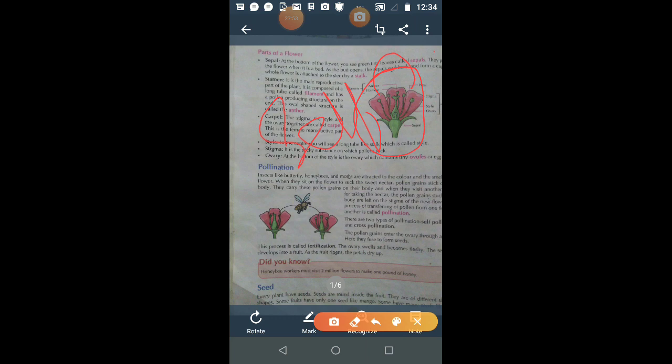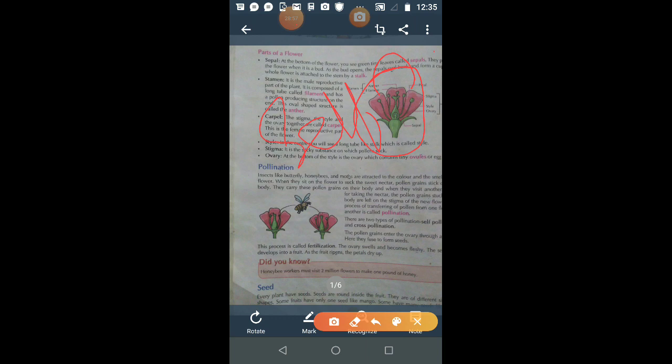Now, if you want a good understanding, again I am repeating, draw the diagram and then understand. It's the best method to understand this. Is it clear? So self pollination should be clear to all of you, students.